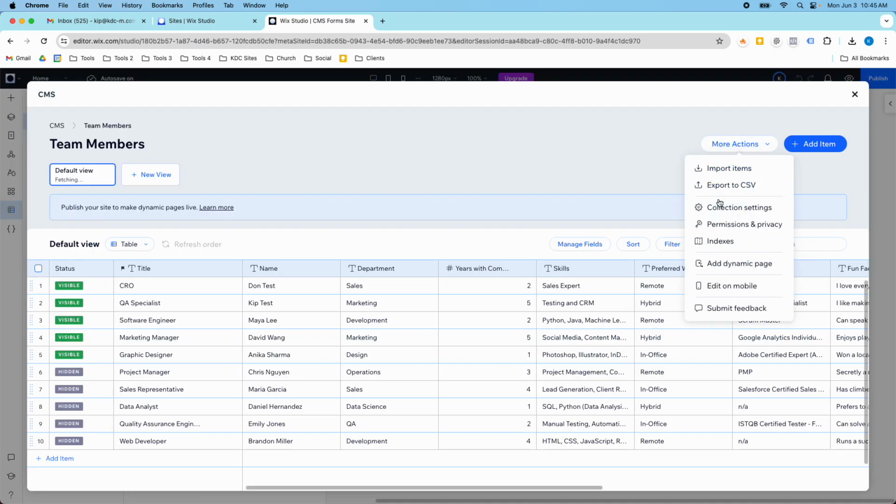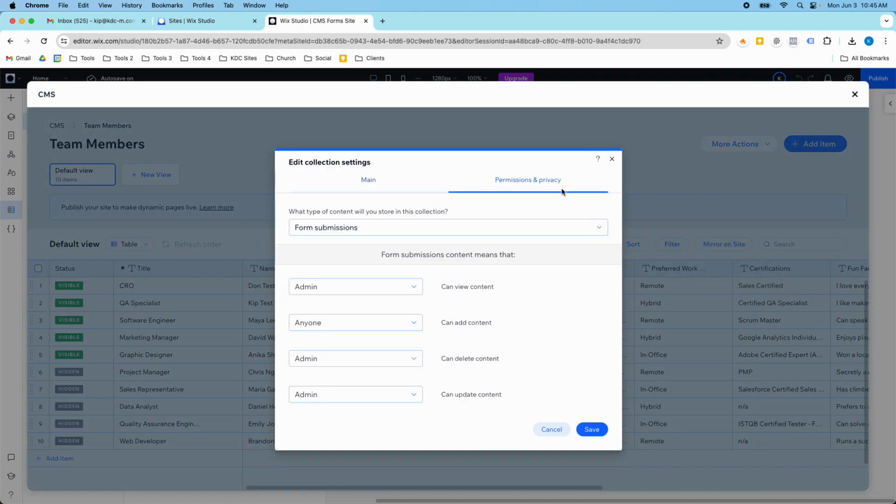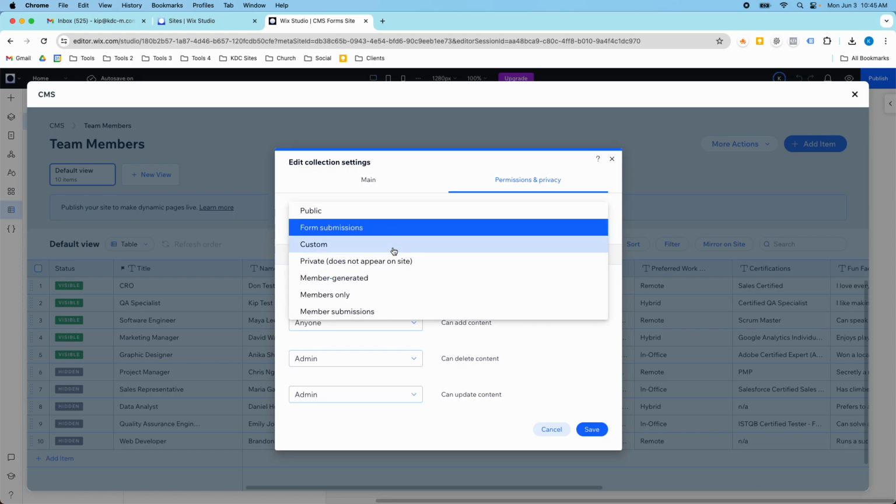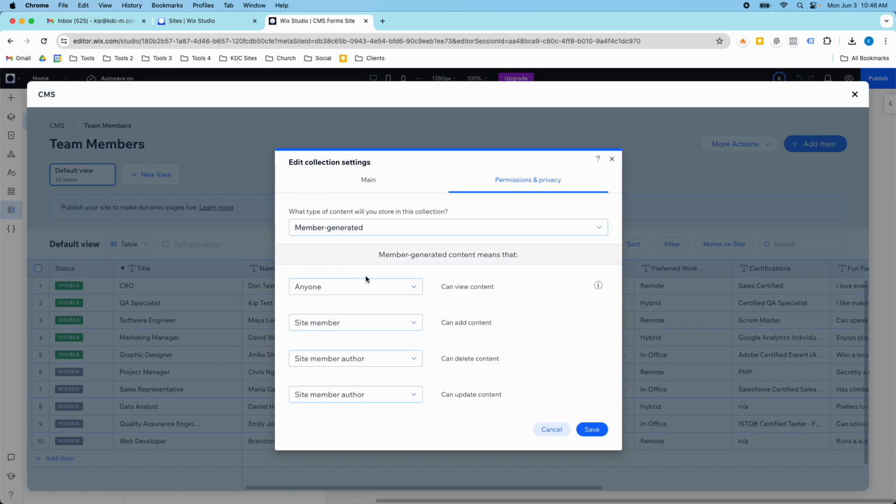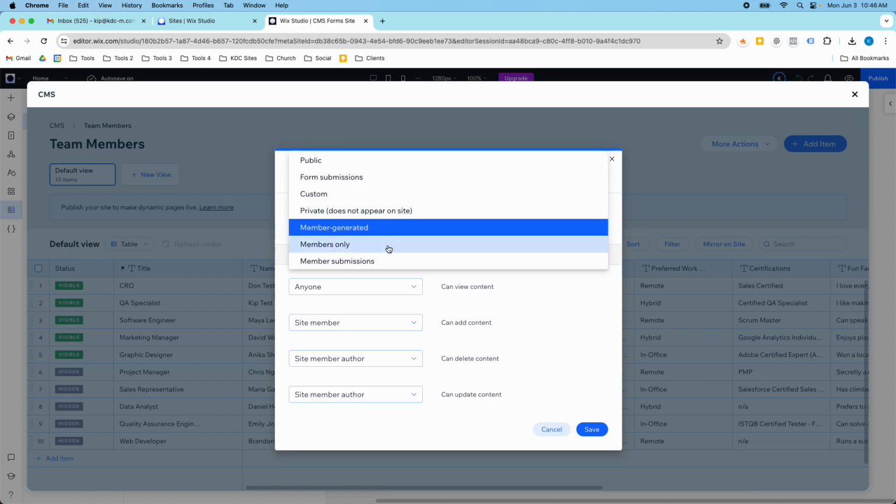So the collection settings here in this permissions and privacy, this is where you can select who can view, add, delete, and update content. I haven't tested all of these, so the only ones that I've really done are public and form submissions, but I do want to test at some point the member generated and members only, because it would be really interesting to see how that would function if site members were the ones adding content, deleting content, updating content. So I hope to try that in the future and give you some feedback on how that works